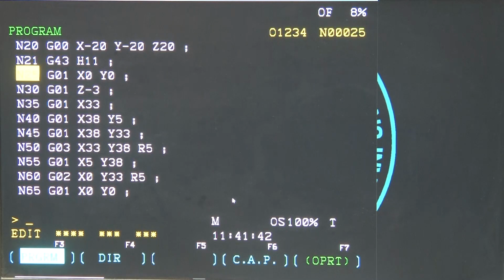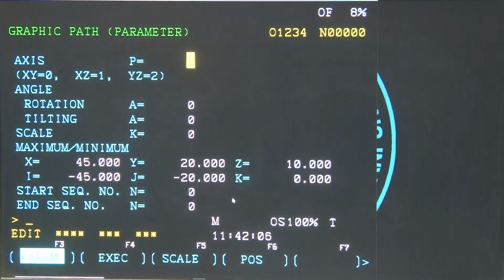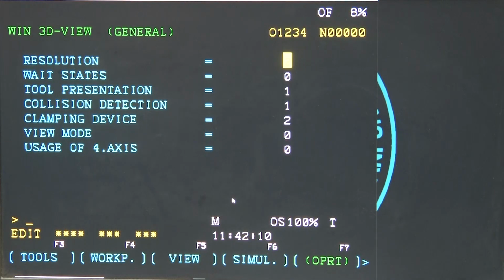All right. So, right after that we have to have the simulation, like we have done in the case of turning. This program will be simulated to see that the program does not have any flaw and that the relative movement between the tool and the workpiece is right, as executed according to the program which is given here. All the parameters will be set like it was done in the case of turning.